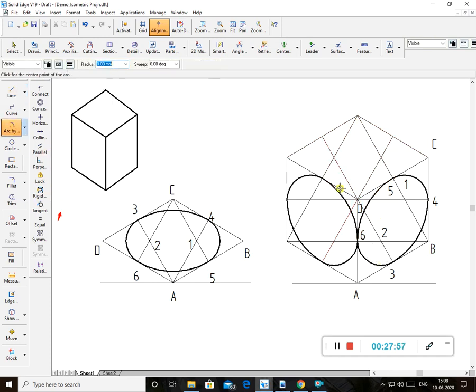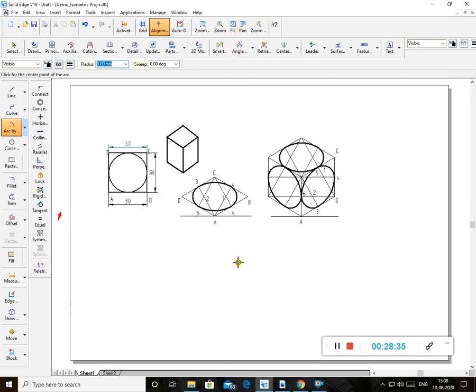Arc here. Take this center. This is the radius. You draw the arc. Right? And this is center. This is the radius. You draw the arc. This is center. Okay. This is center. This is radius. You draw the arc. So in this way you can create the isocircles. I hope you understood this concept. Okay, right? Same way you can create your isometric pentagon also.